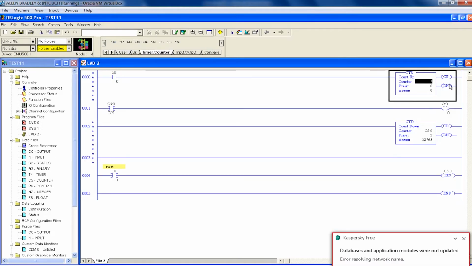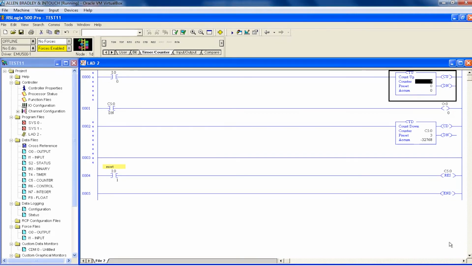When you are involving both the up counter and down counter in your project, you should use the same address for your counters. Let's take a car parking example.